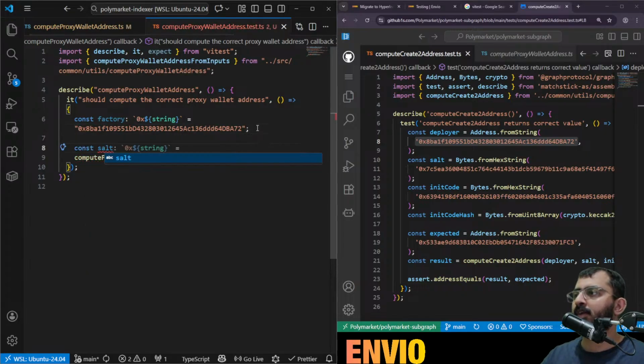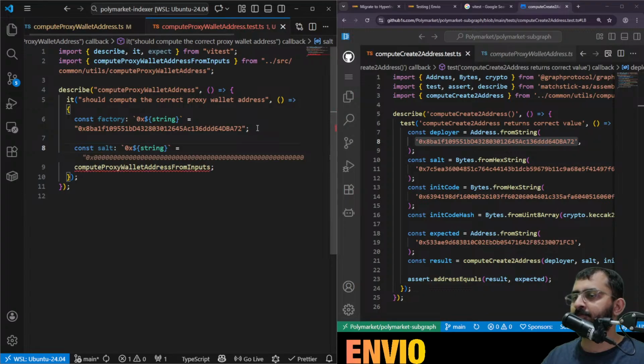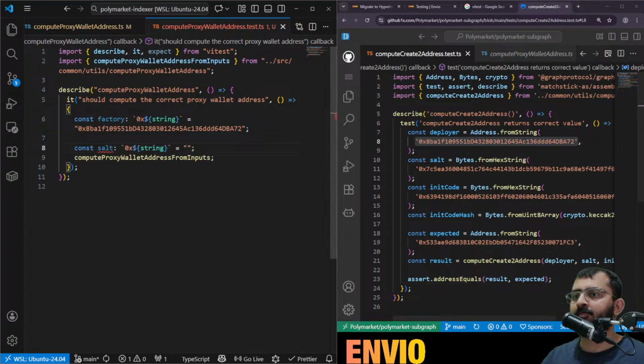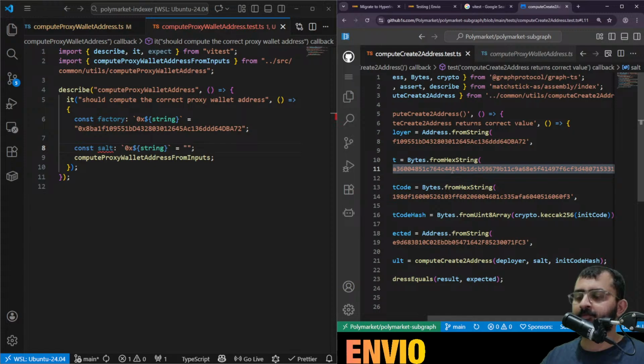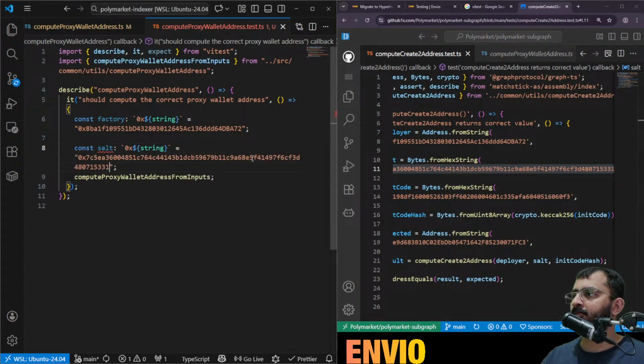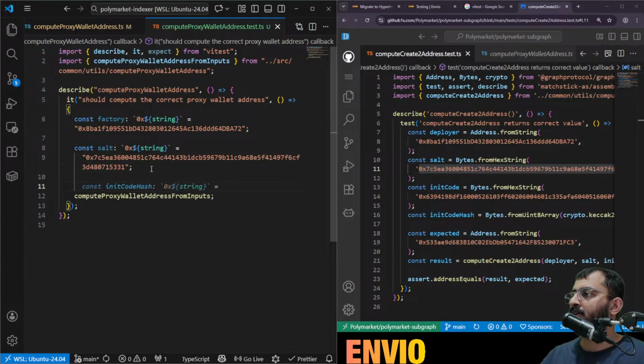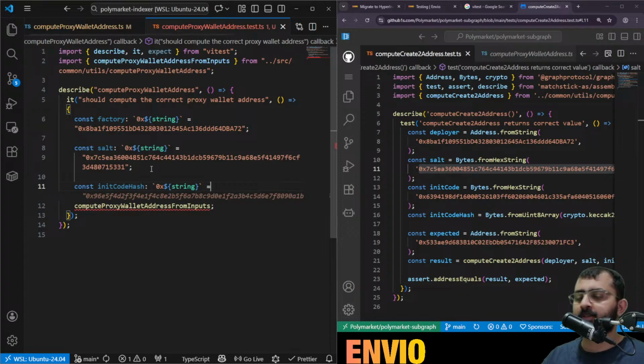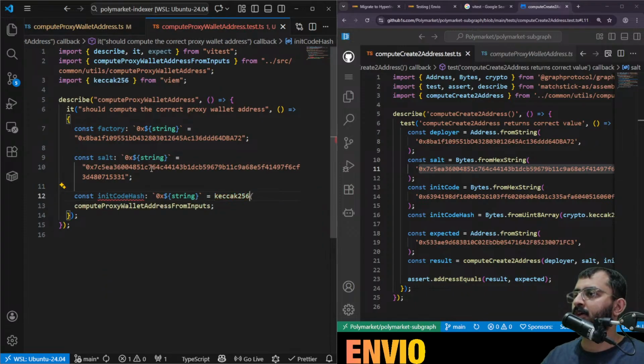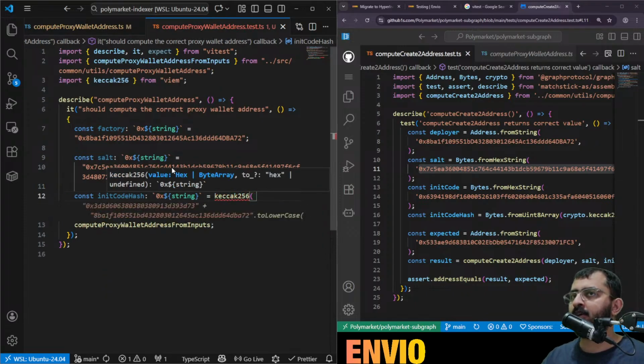Const salt, okay. Salt is there. Now we need const init code hash equal to keccak256, and we pass it